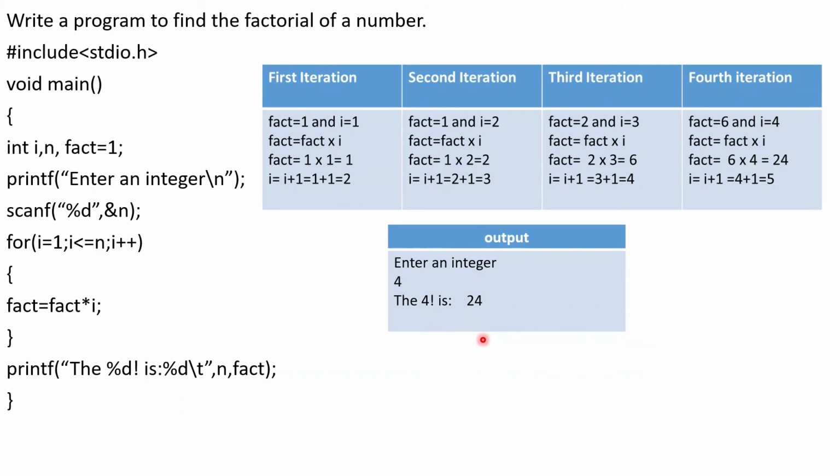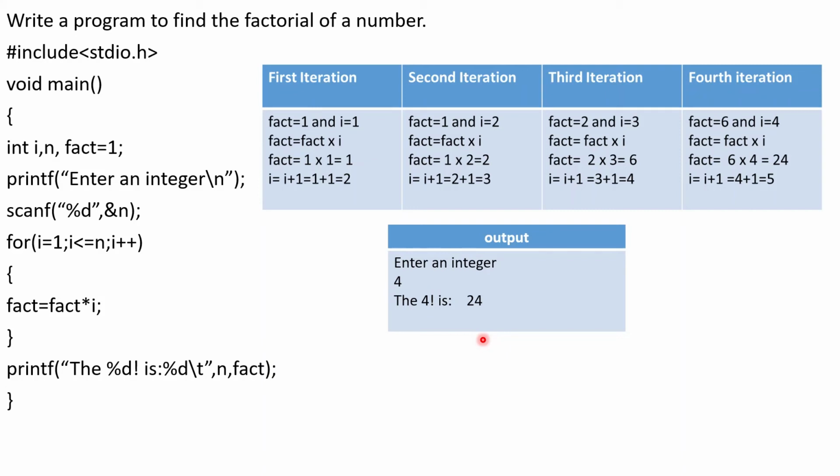So now in the program here, I have taken I to represent the index, n to accept the value from the user, that is the number for which the factorial has to be found out. Then to store the intermediate results, each step result, I made use of fact. I have initialized it to 1. Now "Enter an integer" indicates to the user to enter a value. In this example I have taken it as 4. Now the user enters a value 4 that is stored in variable n.